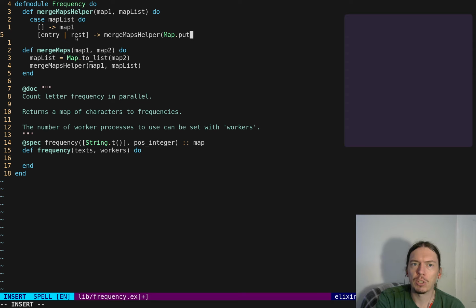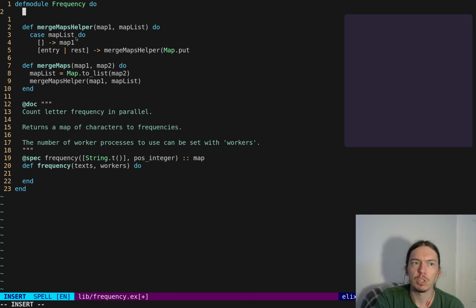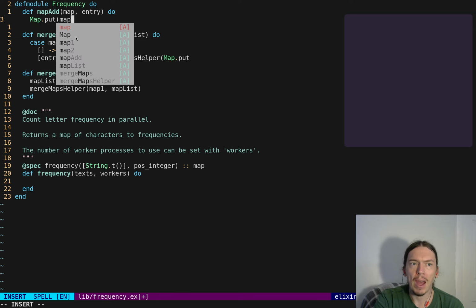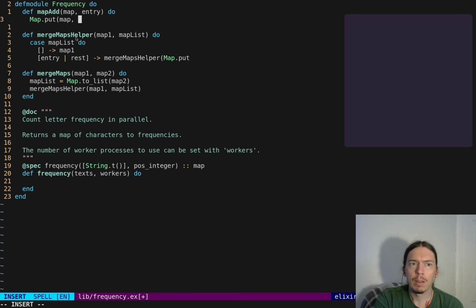Okay, so map put, but then let's see. So I'm almost tempted to put this part into its own other function. So I think I'm just going to do that. So this is going to be map add, and it's going to be map and entry do. And so this will be map put map, and then here we do